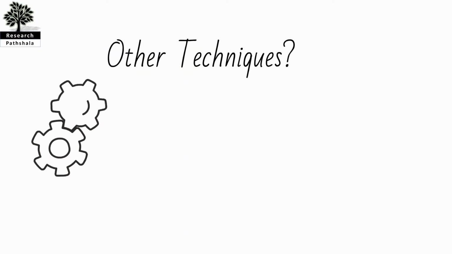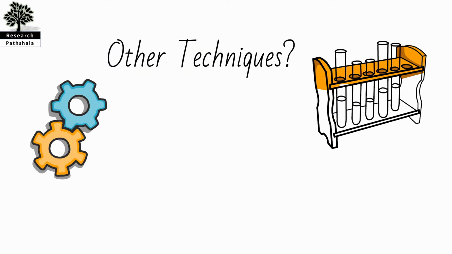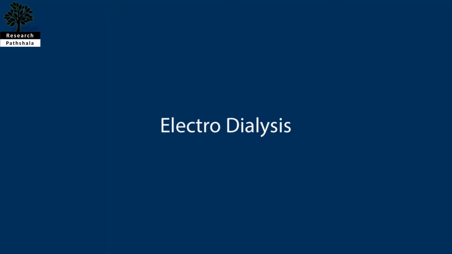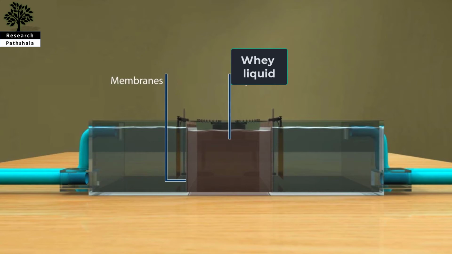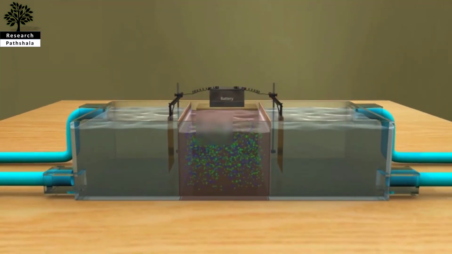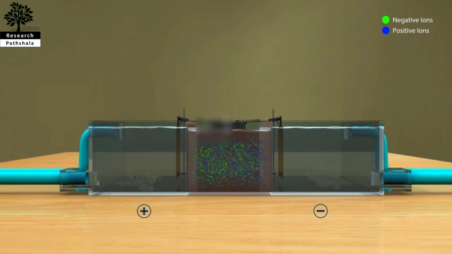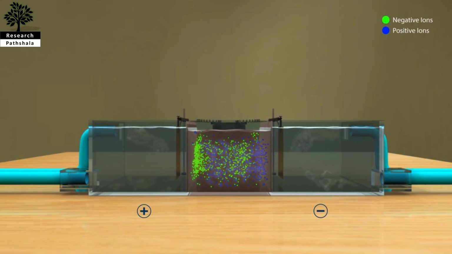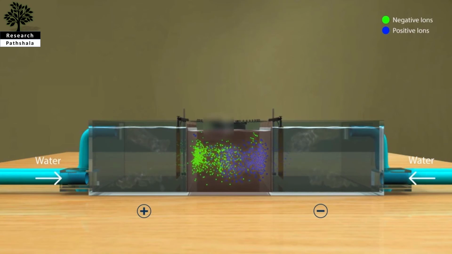Now, there are some other techniques also, which are quite good, but they include the addition of chemicals. We will see first the electrodialysis. Electrodialysis is another method for demineralizing of the whey. In this electrochemical process, direct current is passed through the whey inside a chamber with ion permeable walls. The other membrane filtration techniques used for the whey are the pressure driven processes.